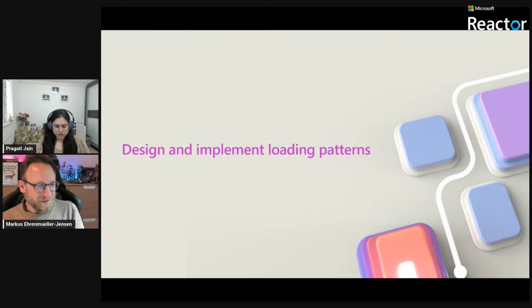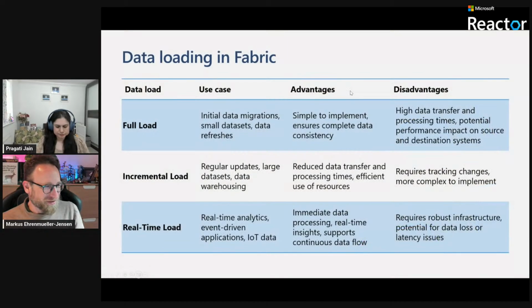So if you load things, of course, you have different options. As we have just seen, we can have real-time load. So you're not really loading everything you get. I think this is the whole idea of real-time, that you don't load everything. But while you're loading, data comes in, you decide on things. You discover patterns. You trigger something with Activator, or store only the result, which is interesting, right? That's one of the things.